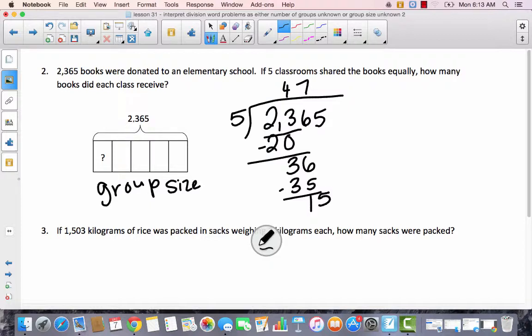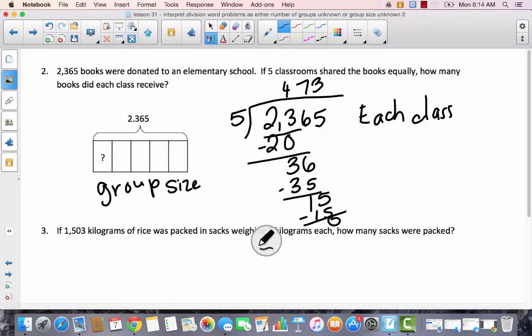That's going to leave me with 1 ten. I add that to my 5 ones. 15 divided by 5 is 3. And 3 times 5 is 15, so I have a remainder of 0. So I have 473 in each group. So now I have to answer the questions. How many books did each class receive? So I'm going to say each class